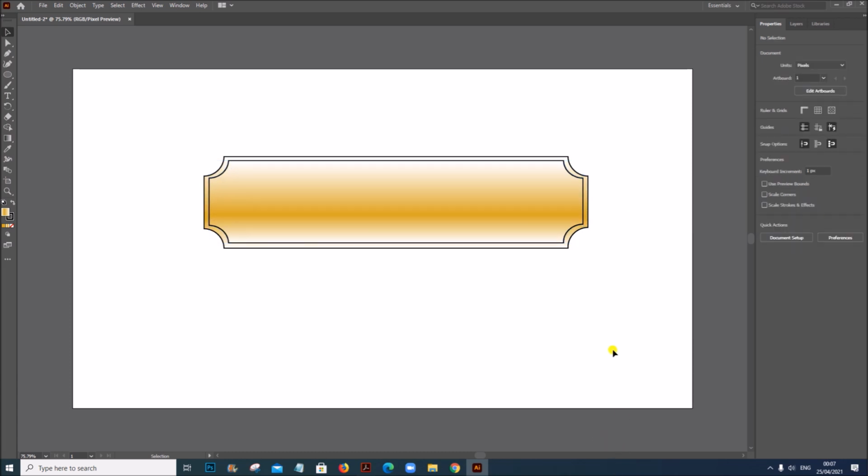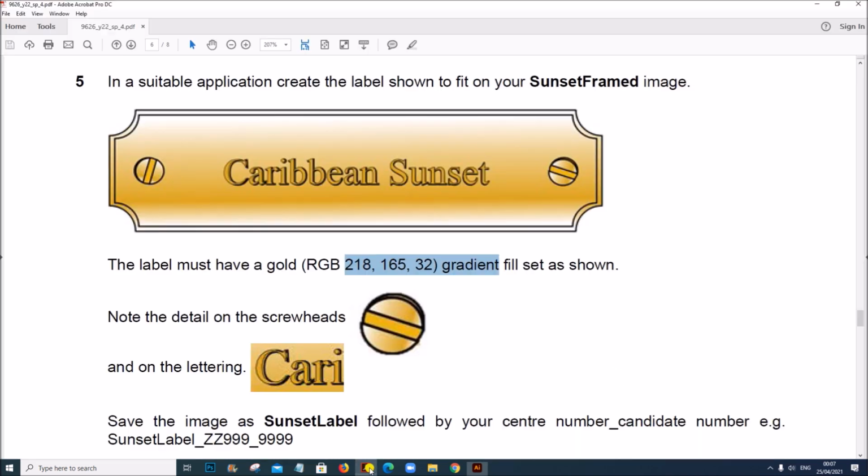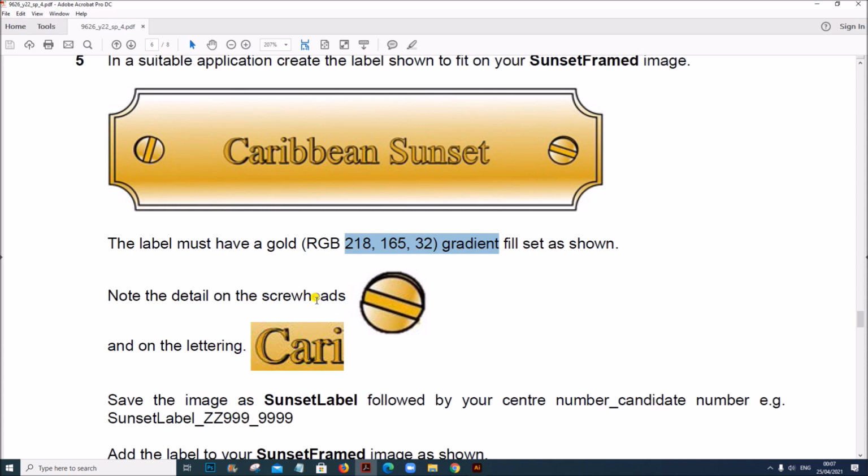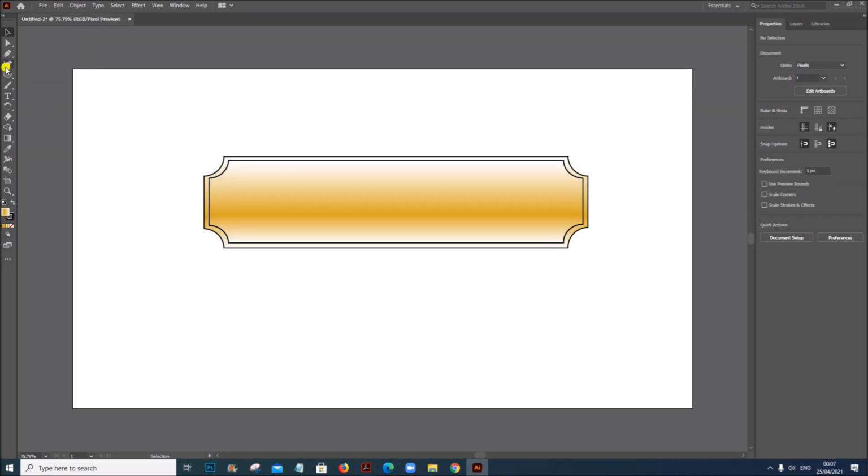So now the outline is ready. Now we have to create this screw head here. For that I will use a circle. Draw a circle.